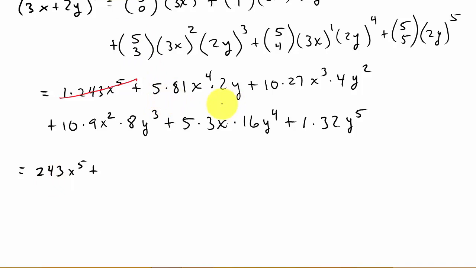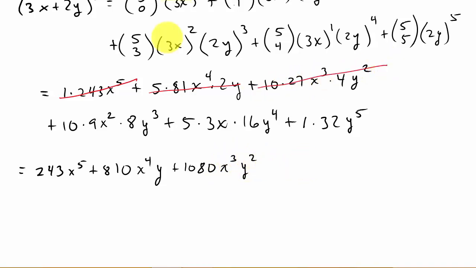So that's 5 times 81 times 2, which is 810 x to the fourth y. All right, so we did that one. Now let's do this one. So that's going to be 10 times 27 times 4. So that is 1080, and that would be x cubed y squared. Okay, so